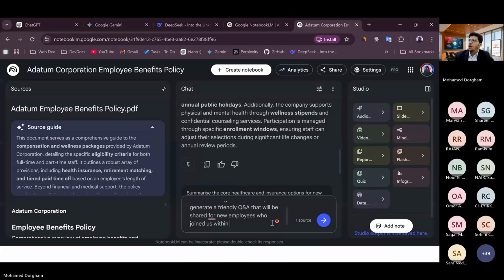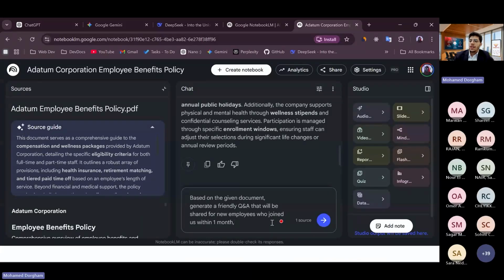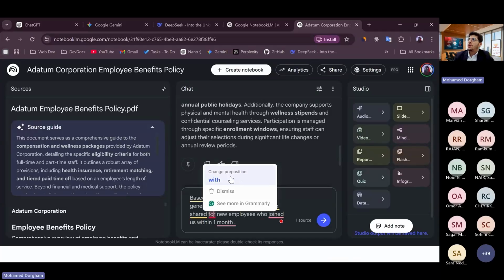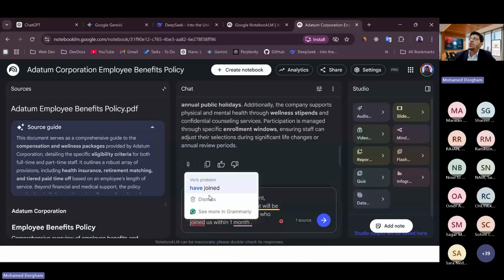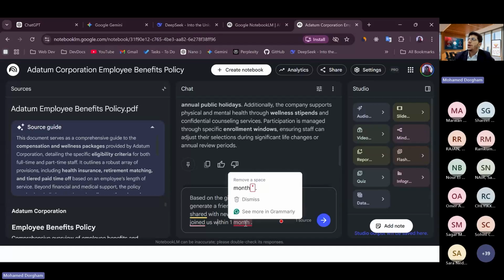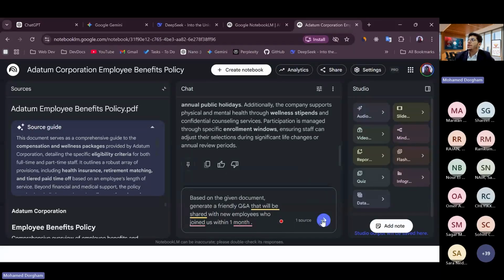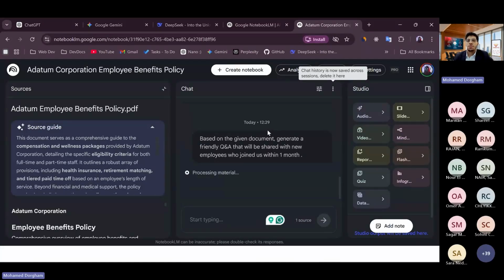Okay, 1 month. So you can clearly see that I'm even giving the Copilot, or the AI, detailed information that I want you to look at the document and generate a friendly Q&A that will be shared. This is more context about the employees who have joined us within 1 month. So I'm going to keep it very simple. Of course, I can expand this prompt much more, but I will make it very simple. And let's see what the AI will give us.